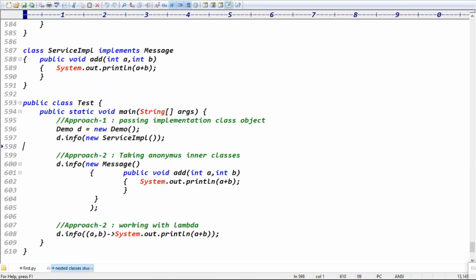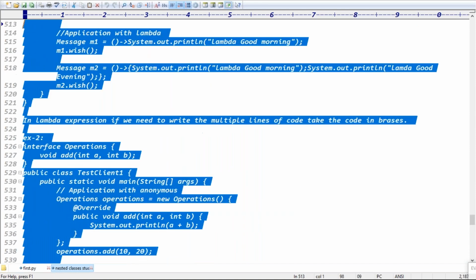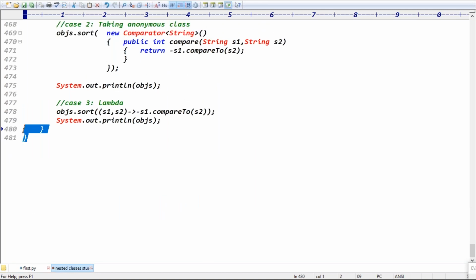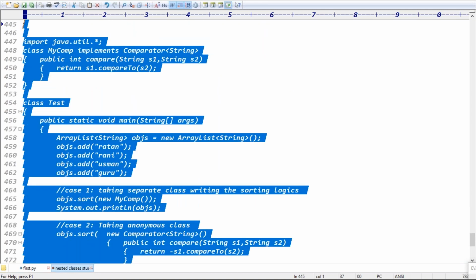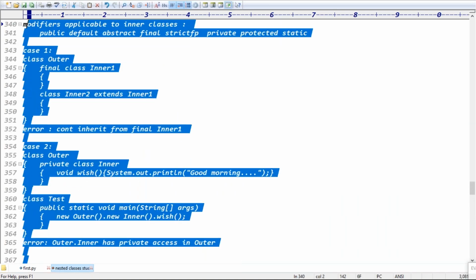Inner, outer is there. Yeah, this example, right? This is the collection one.